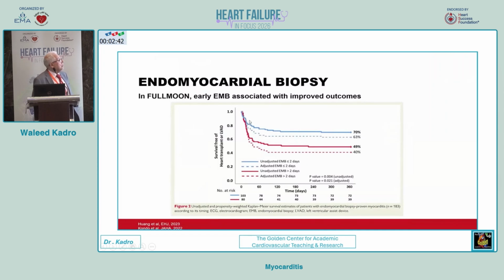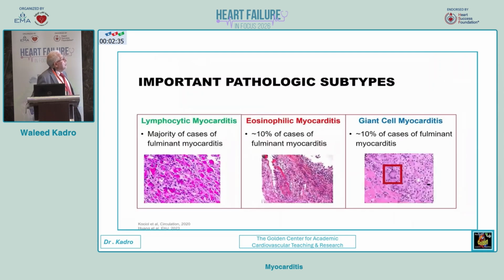Just taking the biopsy early improves survival, because we are putting the right plan for the treatment of the patient. So for myocarditis with the biopsy, we have three types. Either we have the lymphocytic, you see this is the lymphocytic or purple cells, or we have the eosinophilic myocarditis, a lot of eosinophils, and look at this pink and red with some myocardial necrosis. And giant cell myocarditis has this giant cell with multinucleated cells. So those are the three types.